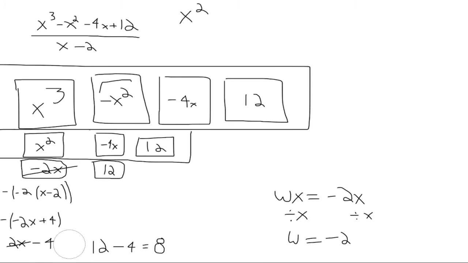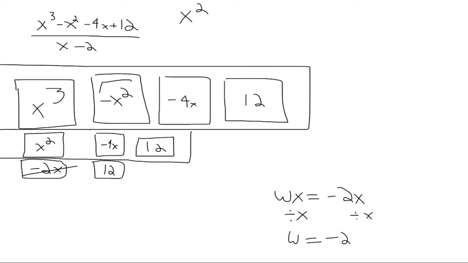So now I'm not actually going to try and get rid of this 8, right? Because if we subtract w times x minus 2, any w times x is not going to get rid of this 8. So basically what we've done,